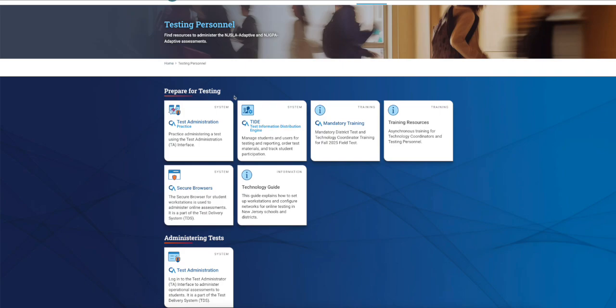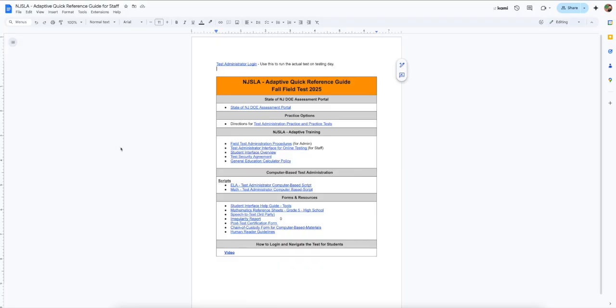Okay, so we are going to attempt to run a practice test. This looks just like the real thing, except you won't be using this link when you're running the actual test. The actual test link is in your email, or it's also in the quick reference guide we have for staff. I did test administrator login. Test administrator, you'll see abbreviated as TA in a lot of things, but so it's right here for you if you need it. Anyway,